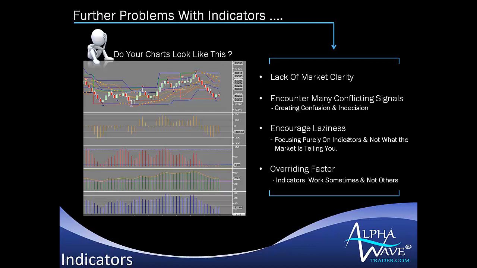When I do mentoring sessions, I log into the platform of the student, and we analyze the structure, and we analyze what the key levels are and what the key focus should be. And this is the example. If you're paying attention to all the multiple indicators, you lose the vision of the most important ingredient, which is price. Price is completely cluttered here. Price is nowhere to be found.